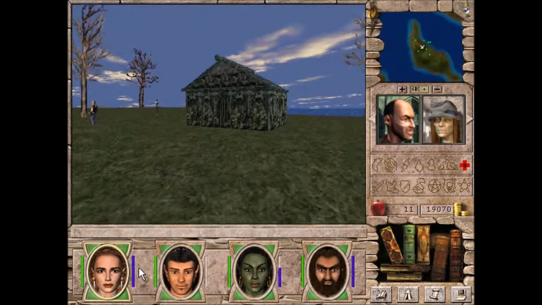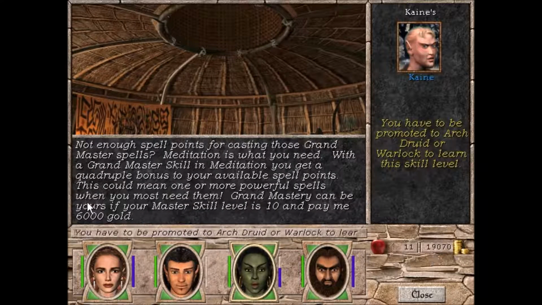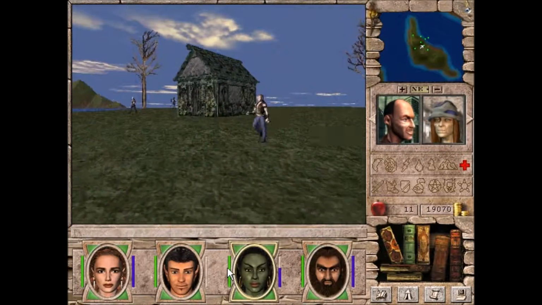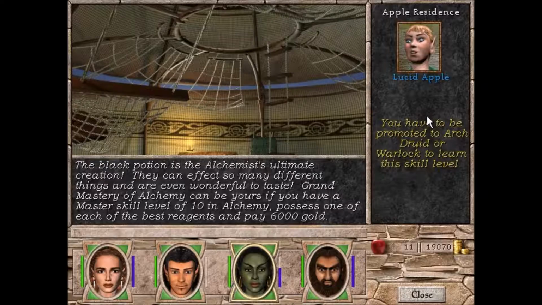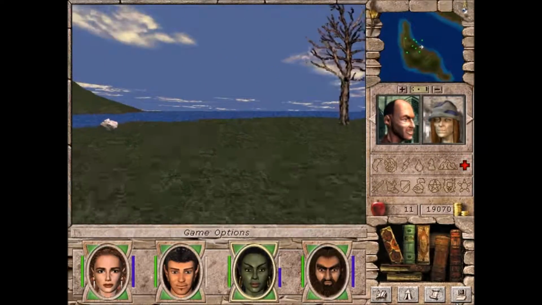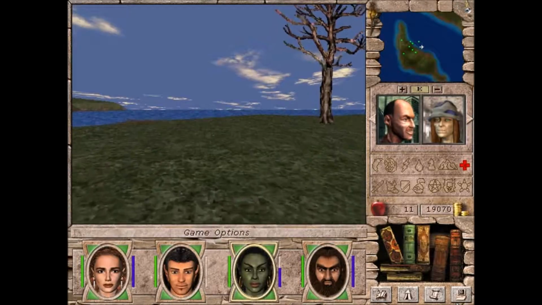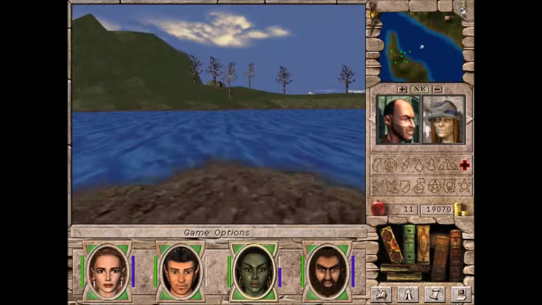And then we have Meditation Grandmaster, which Betsy probably will learn after a while. Meditation gives you way more spell points, and druids can Grandmaster it. And Alchemy Grandmaster, which is also something that Betsy probably will learn after a while. So, yeah. We're now gonna have to...